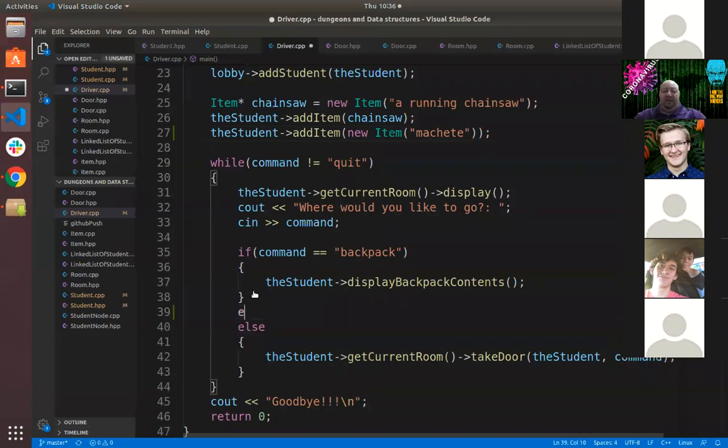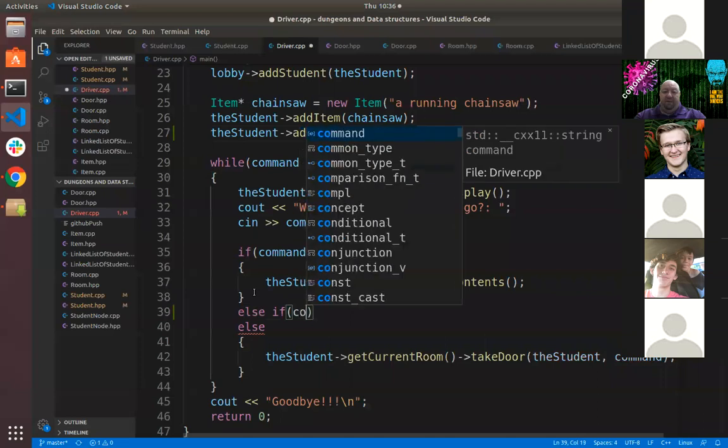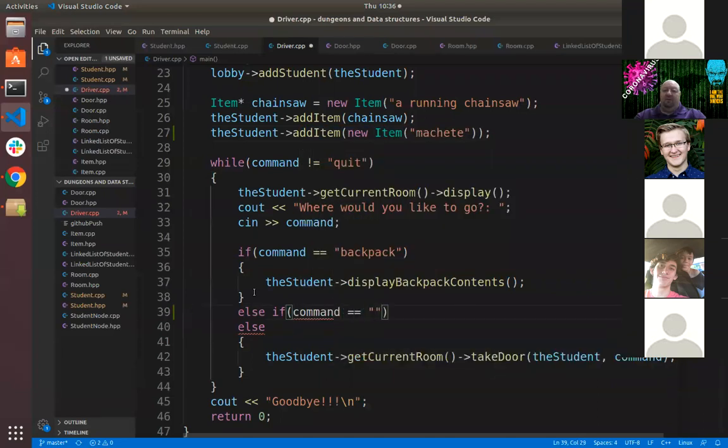So now let's go ahead and let's do an else if command is equal to, let's call it drop. All right, so this is asking us where would we like to go. So now we're going to say, what would you like to do? We're going to ask a little bit clearer question. What would you like to do? All right, so if we say drop,